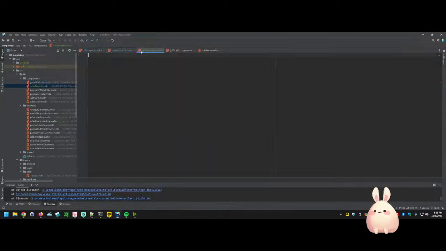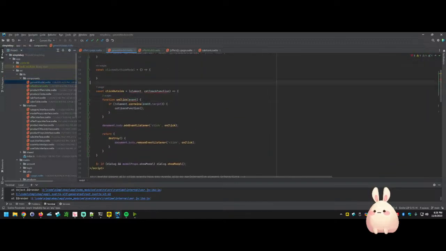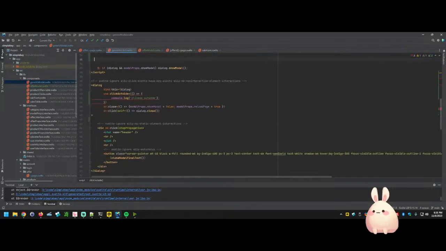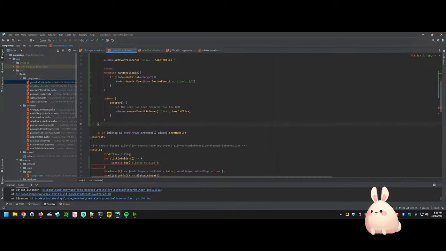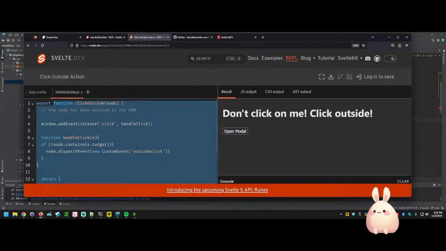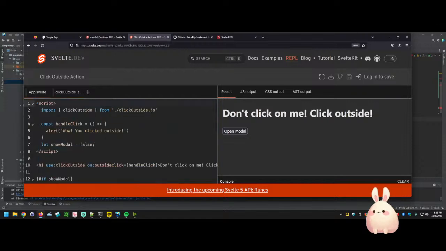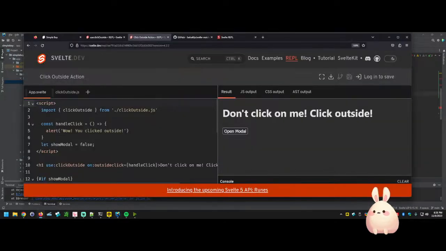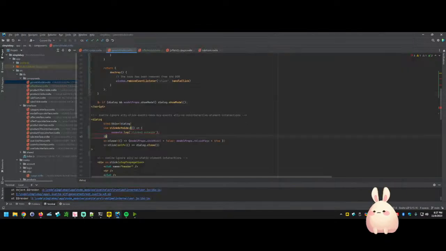Let's bring that over here to our modile. And up here, let's try this again. Let's click outside. Let's give that a try and see if that works for me. And then we come back over to here. We say dialog use this, and on outside click, we call this function. So rather than put it here, we do the following,